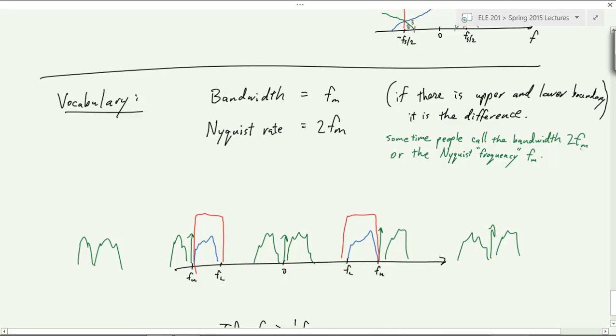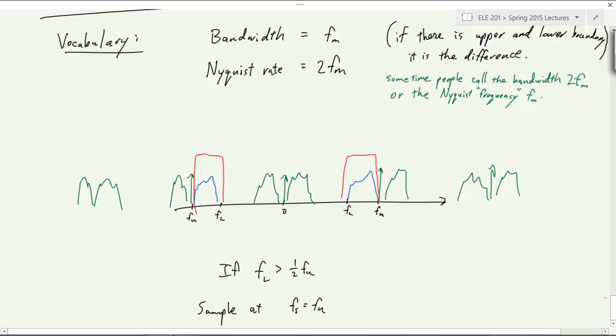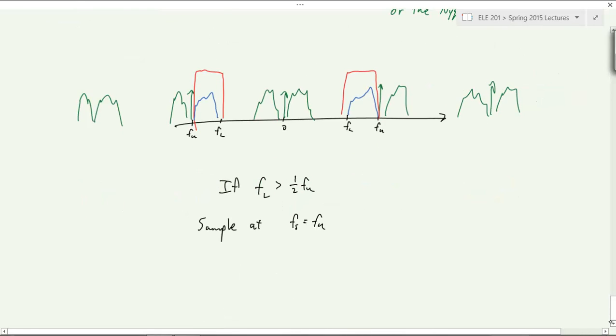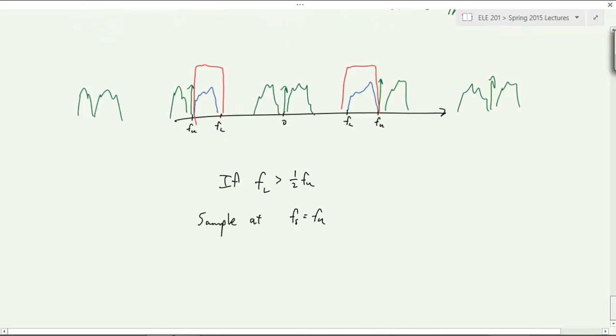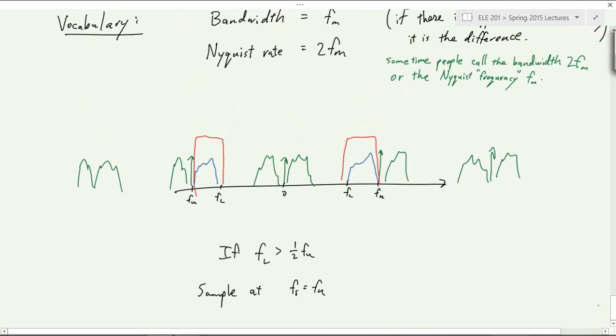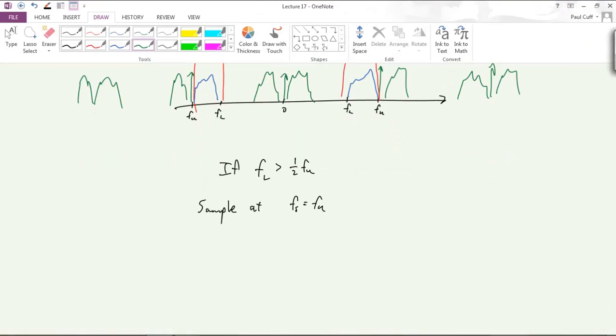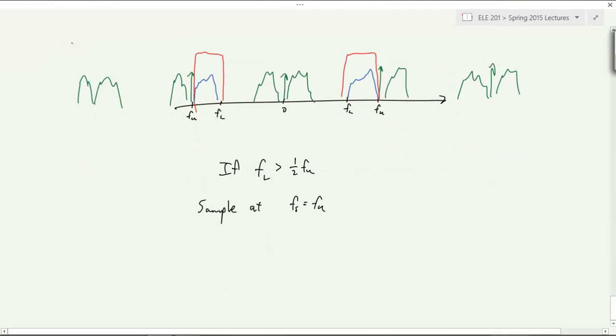Okay. Now, I mentioned that you could do a non-standard sampling, if you knew something about the bandwidth that was unusual, something other than the highest frequency. In the case of this example, I said there's a highest and a lowest frequency. Then it may be possible to sample at a lower rate. Of course, that would require that you reconstruct in a different way. You wouldn't be reconstructing with just sinc interpolation. But we do have a notion of a lowest possible rate. It may not always be achievable, but let's assume that